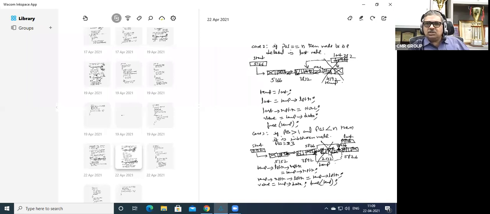Where is 5826 located? In temp arrow RPTR. Where is this 3892, the previous node address? It is available in temp arrow LPTR. So this 3892 has to be overwritten in the next node's LPTR, and 5826 has to be overwritten in the previous node's RPTR.